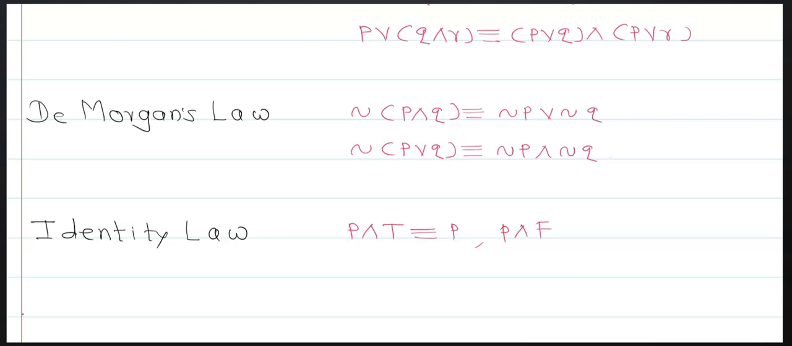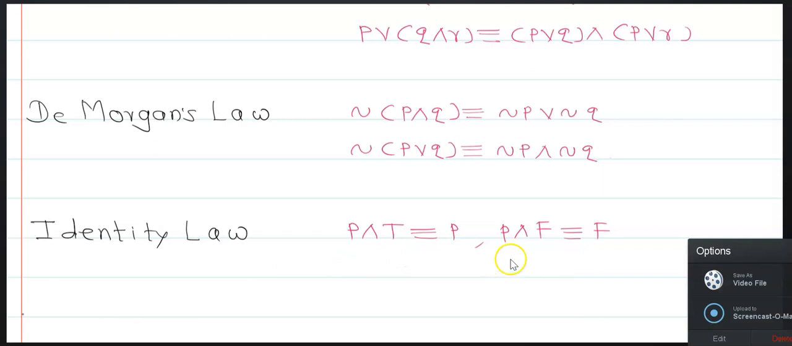Next is P and F, which is definitely F, whatever P is. If we take the value of P as true, then T and F is F. If we take F, then F and F is F. Therefore,